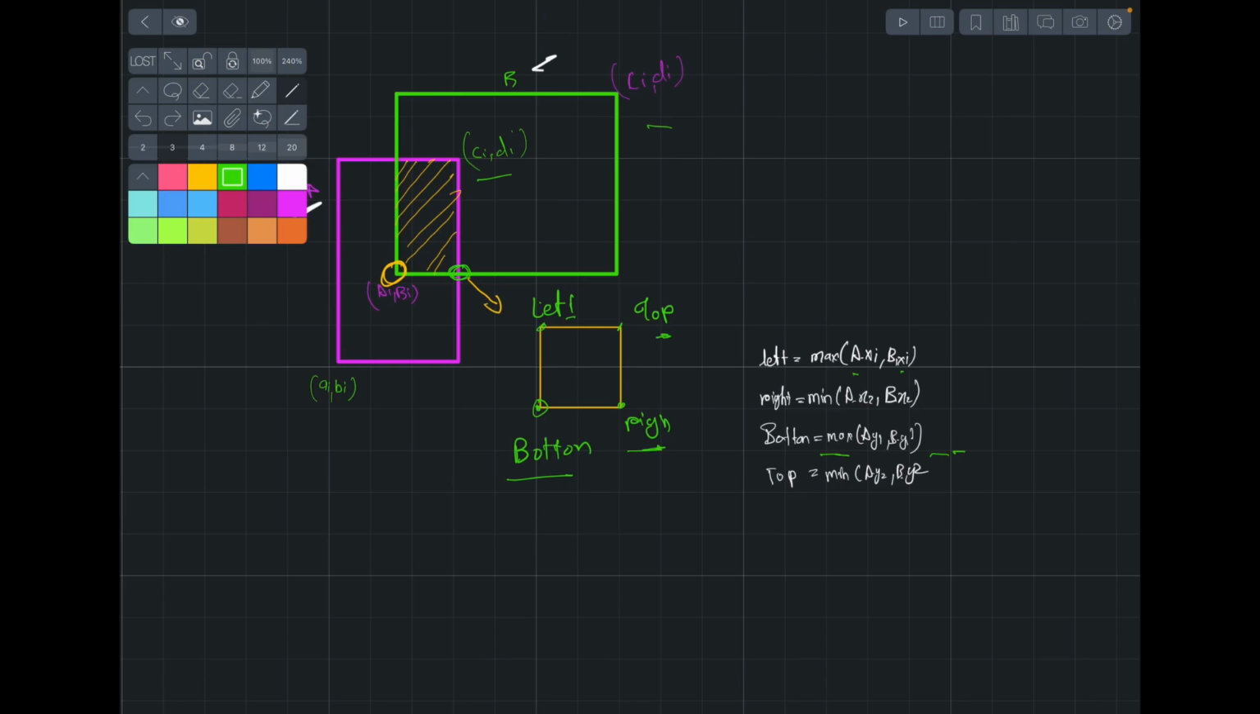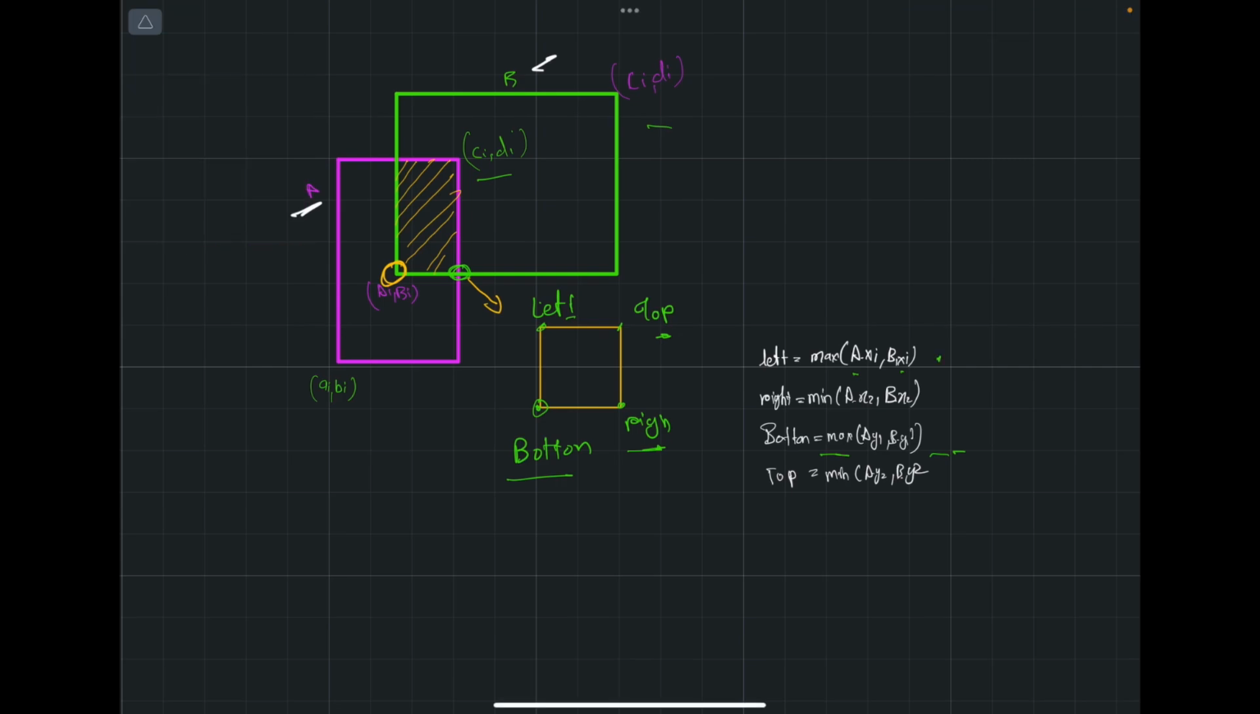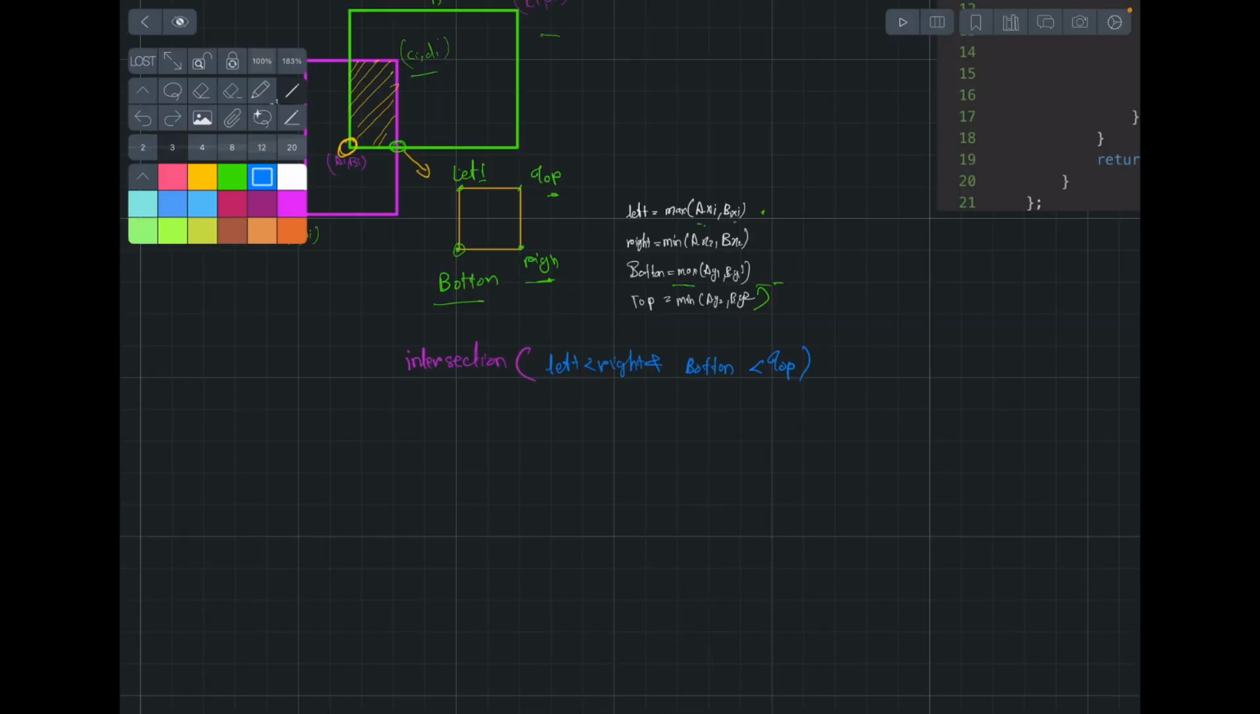See, our left will be the maximum of ax1 and bx1. Our right will be the minimum of ax2 and bx2. Our bottom will be the maximum of ay1 and by1. Our top will be the minimum of ay2 and by2. So our height equals to,